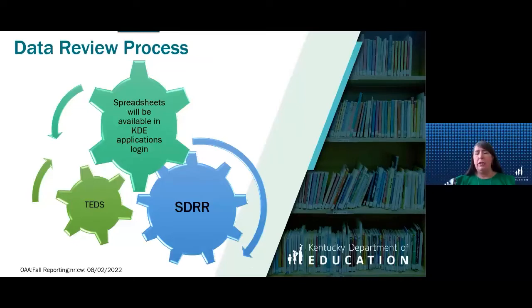And then both of you, as a DAC and BAC, will need to make sure you have access. As a DAC, you will have access as a district level user, and you'll be able to see all your schools in the district and their information in SDRR, where the BACs will only see their particular school demographic information and be able to check accountability and file any non-participation during this time.